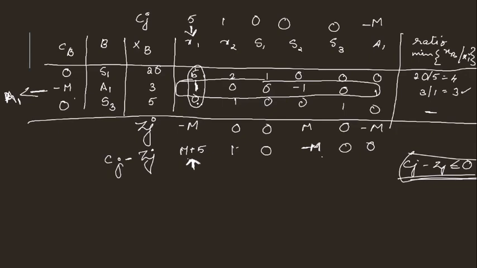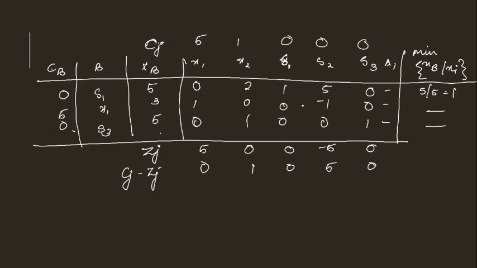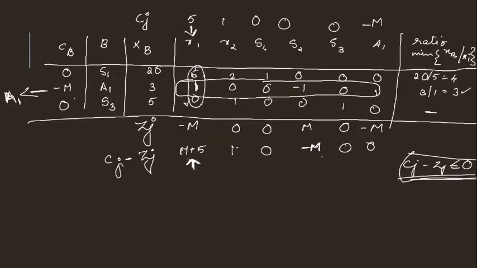Now what about the elements which are directly on the top and bottom of the key element? Now let's consider this one. This is 0, so you need not make any change over here, so I have written that also. So in this problem we are lucky enough that we don't have to work on this table a lot.